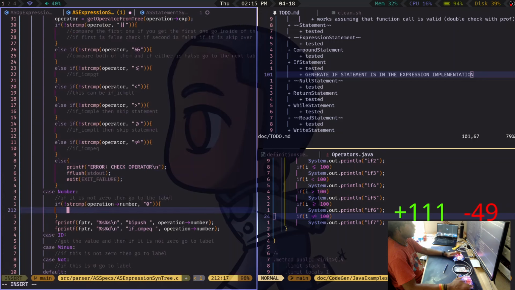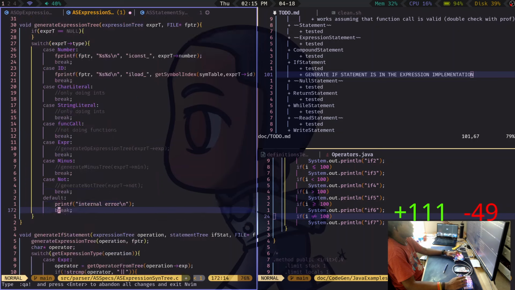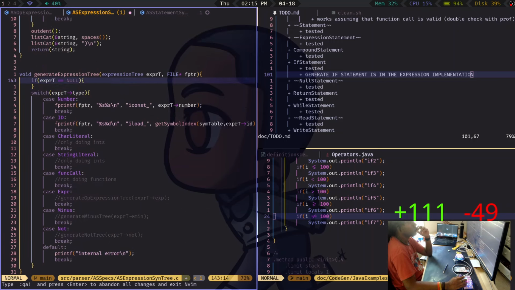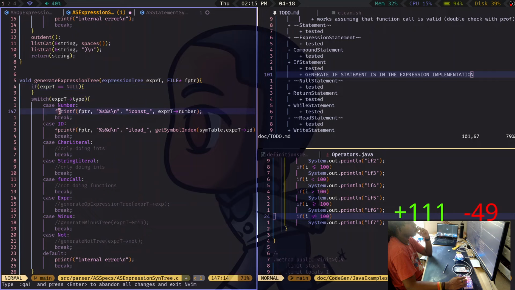If it's 0, then fprintf whatever you were gonna print. So with no label. Oh wait, I'm too high.